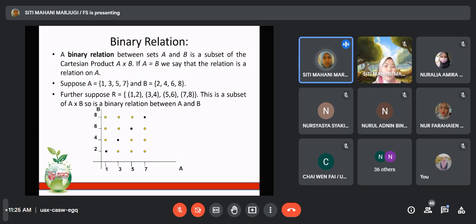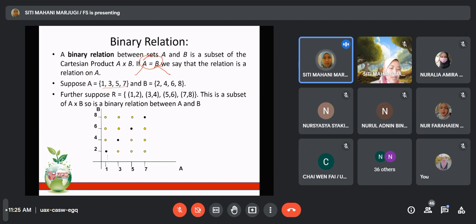Let's look at another example. A binary relation between the sets A and B is a subset of the Cartesian product A Cartesian B. If we say A equals B, an element of A must be the same as the element of B. Suppose that A is 1, 3, 5, 7, and the elements of B are 2, 4, 6, 8. So A equal to B means